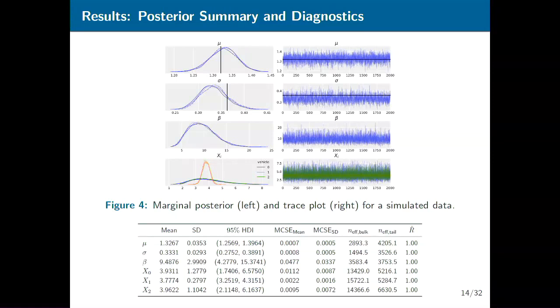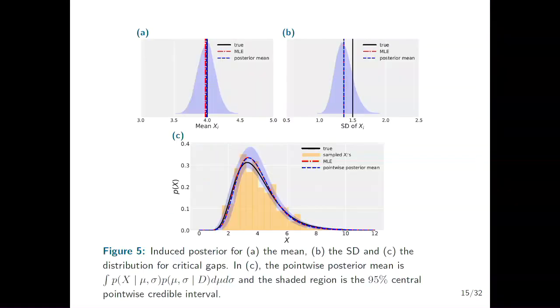So the first two columns here are the mean and standard deviations of each of these distributions. And then the third column is the 95% HDI. HDI stands for highest density interval, which is the shortest interval that contains the nominal amount of posterior mass. But reporting uncertainty in terms of mu and sigma is probably not the most intuitive for traffic engineers. What you can do is to propagate your samples through the equations for the mean and standard deviations for the log normals to get uncertainty in terms of the mean critical gap and standard deviations of the critical gaps. So in this case, the MLE and posterior means are pretty close and pretty much spot on for the mean, and underestimate the standard deviations a little bit.